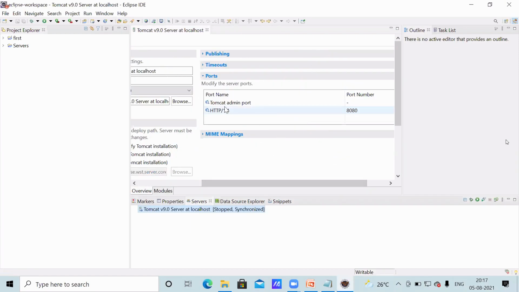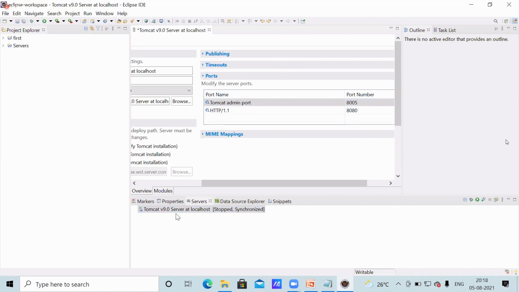You observe Tomcat port number 8080. Admin port, by default, is empty. This is one number, any one number you have to write. So here something like 8005. By default 8005 will be there, but that is not configured. Let me configure 8005. This port number should be 1024 to 65,535. Any one number you can use. Again, if you get the same error, change the port number.